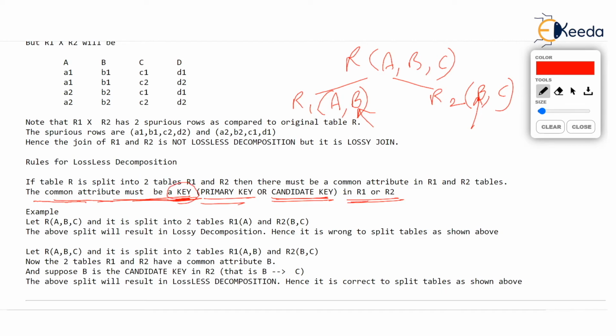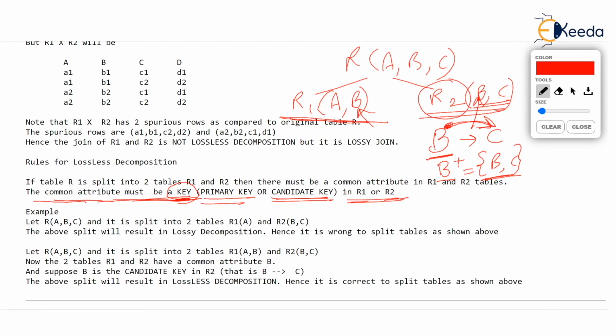What I mean by this, just imagine we have divided this table R into R1 and R2 like this, and we observe in R2 B determines C. What does that mean is B has an ability to determine all the other attributes. There are only two attributes in R2. It has the ability to determine all other attributes of R2. Then B is the candidate key, isn't it? Because B closure is going to contain B and C. That means B closure contains all the attributes which are present in R2. So we say B is a candidate key in R2.